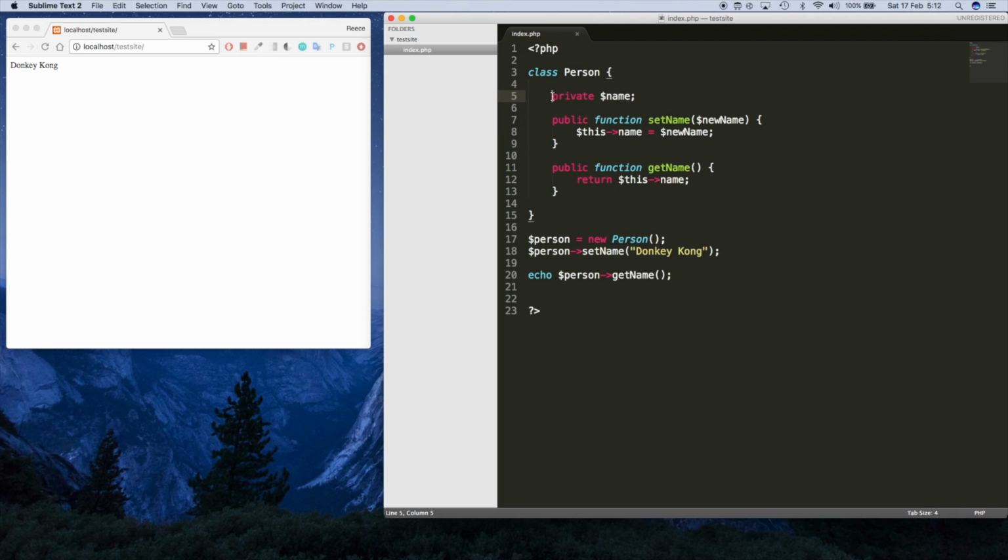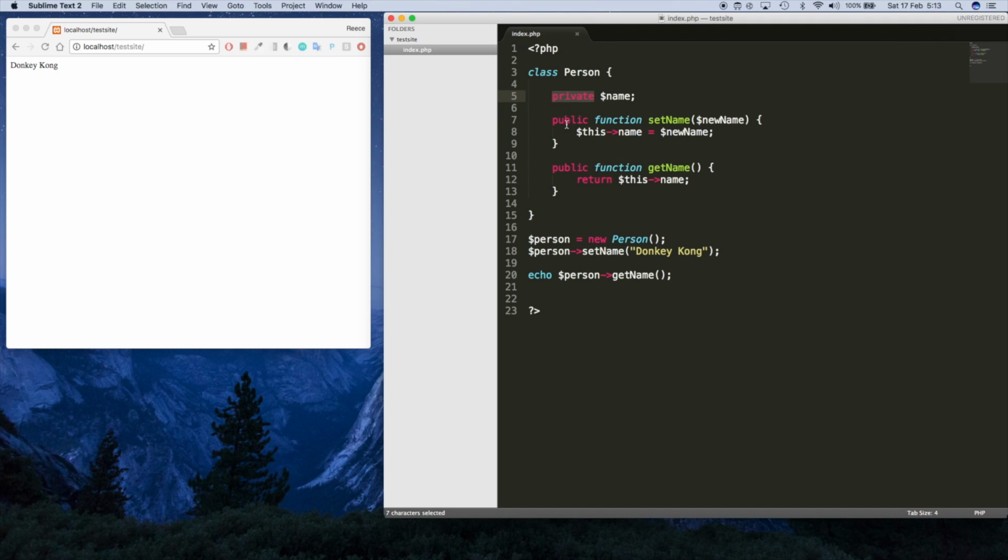Another reason is maybe we don't just want anyone to be able to access this. So if we set this to private, they have to go through a function in order to access it. The benefit of that is this function of ours could do anything like check that that particular user has permission to actually be setting or getting the name. So there's just a couple of reasons, but that's kind of a brief overview of what the private and public